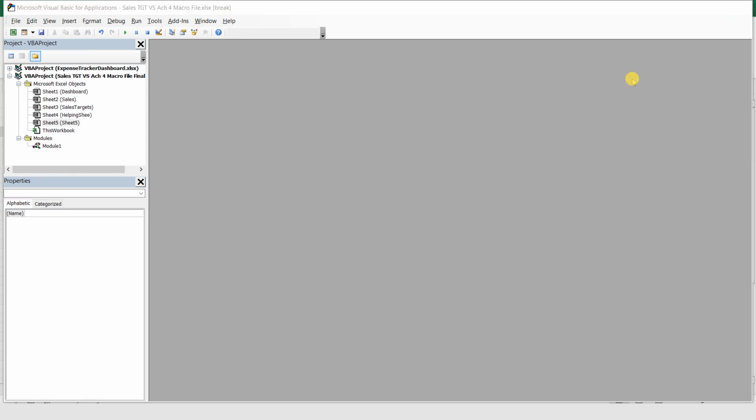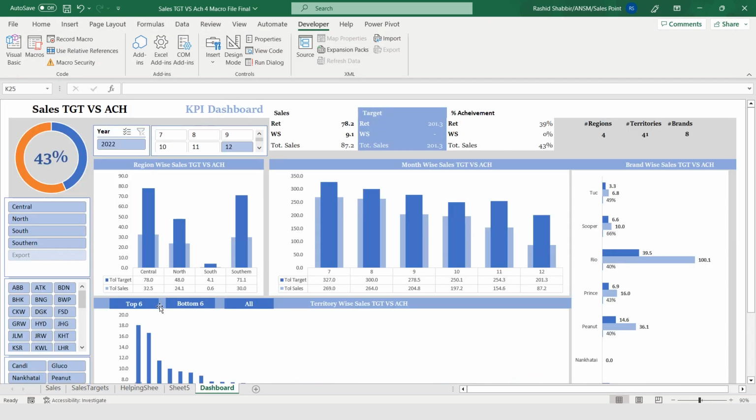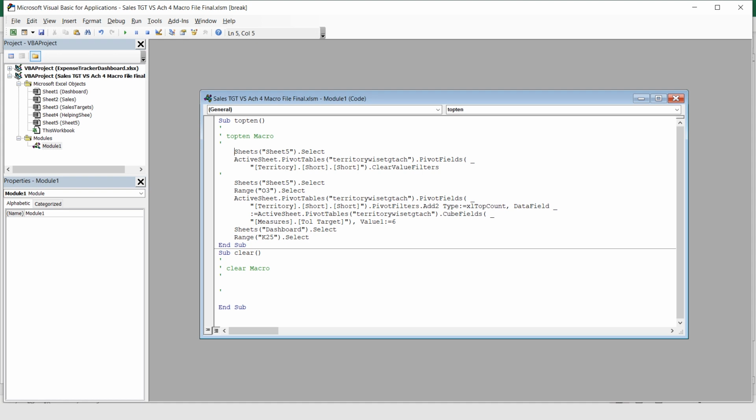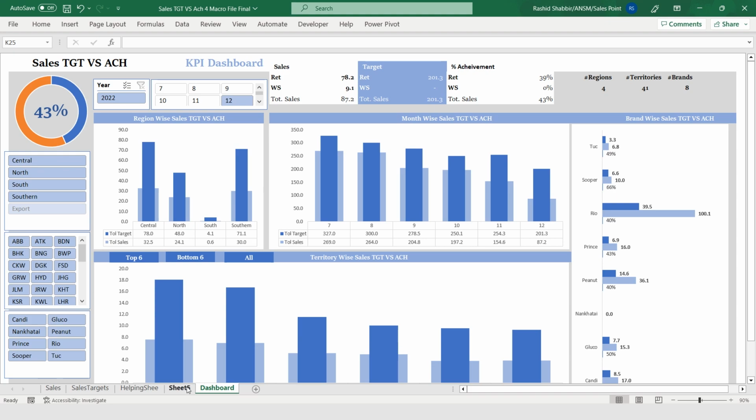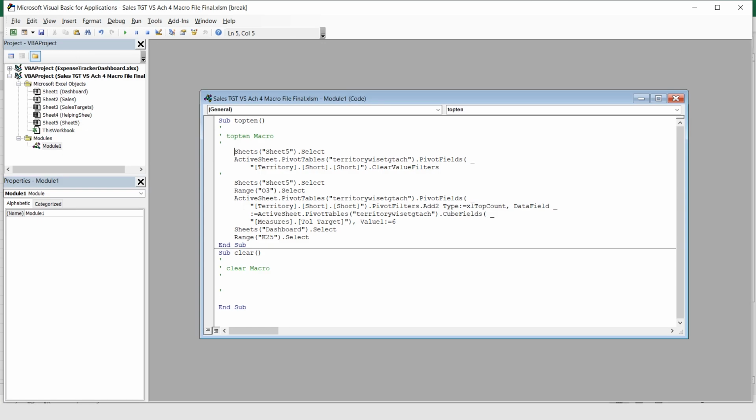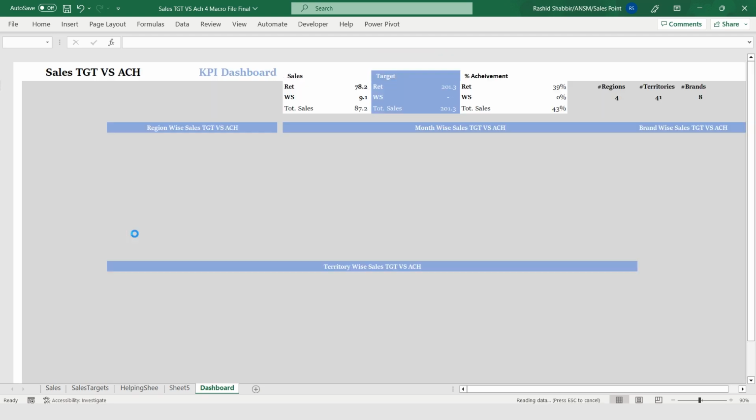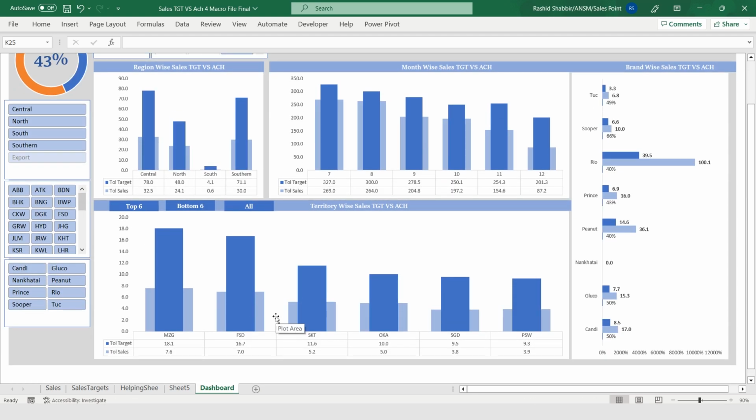So now what I have to do, I'm going to my dashboard 6, right click on it, assign macro. So I made that change. I just mentioned here go to sheet 5 because my pivot tables are in sheet 5. So I just added this line here. The rest of the code is the same that I explained already. Now if I'm selecting top 6, it is giving me the top 6 territories with reference to total target,